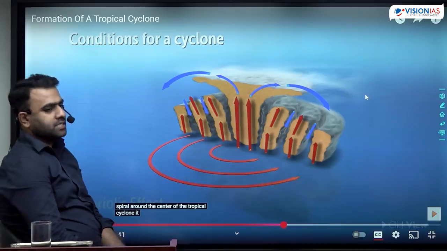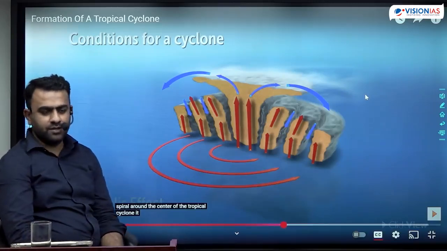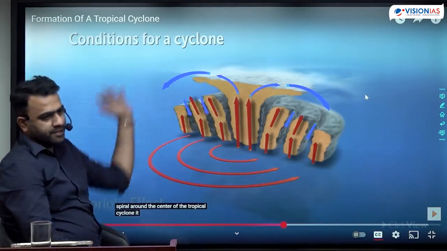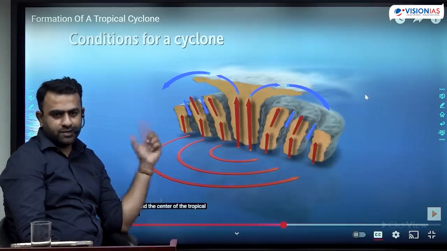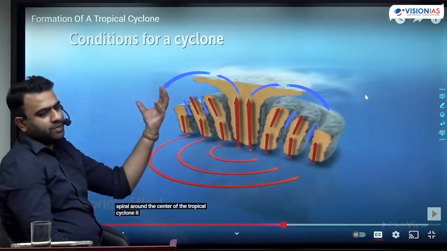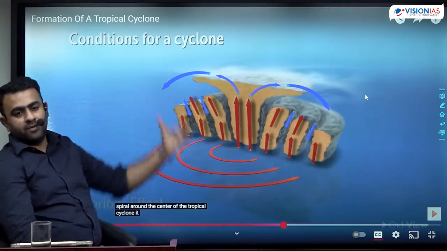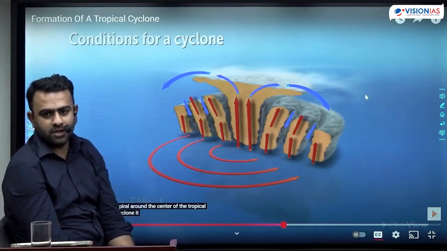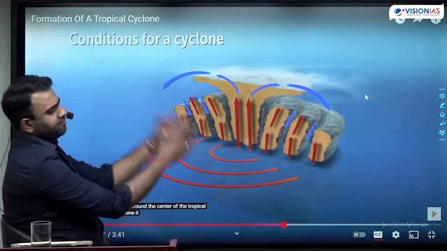See, till here the cyclone was almost matured. Okay, thick, dense clouds are formed everywhere. The air is rising up, subsiding down, moving towards the center, rotating and rising up. With the release of more heat, more thick clouds are formed, and at the center, huge cumulonimbus clouds. It's a wall of cumulonimbus clouds, okay, covering a very big area.